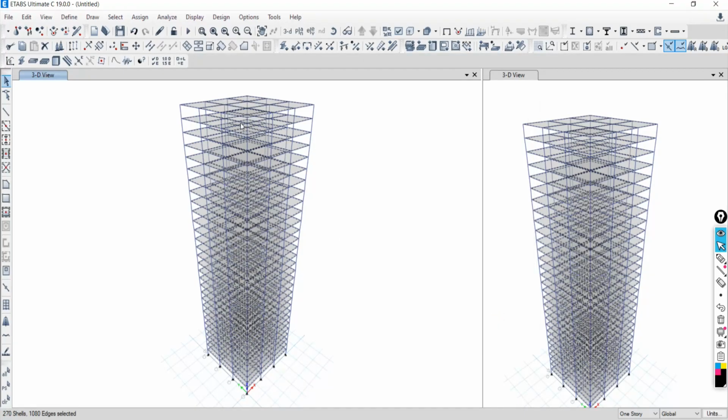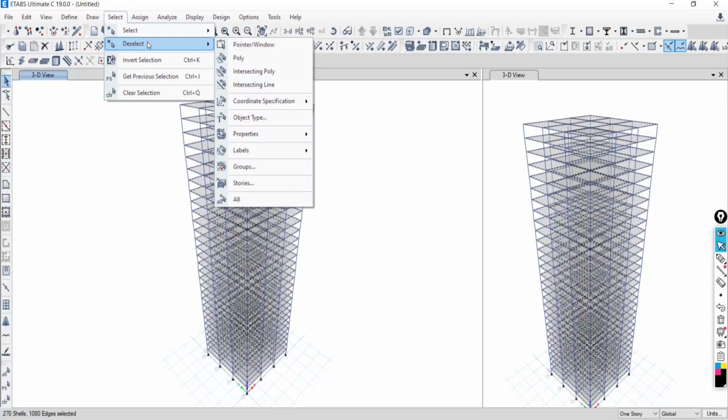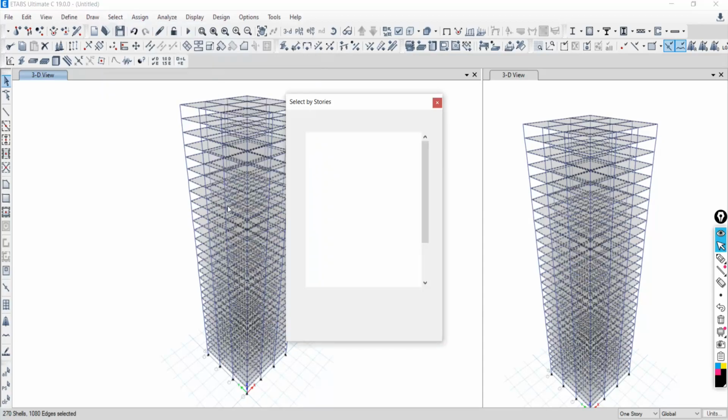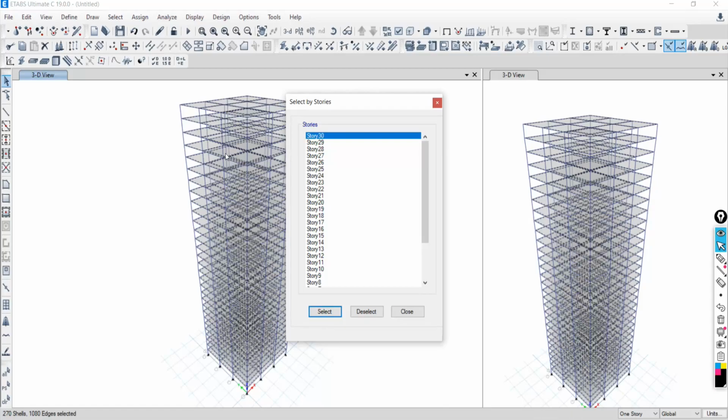All the slabs are in selection. Then go to select, go to deselect, go to story. Whatever is in selection, I want to deselect from a particular floor. So I don't want up to 26. I want up to 25 only.